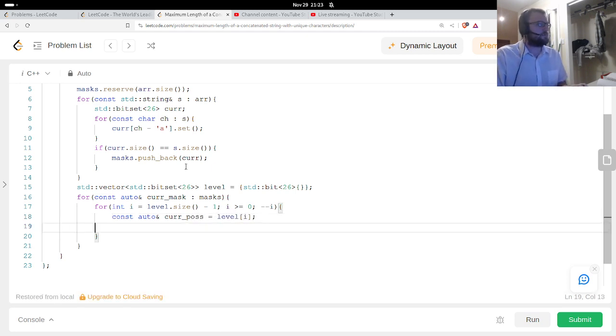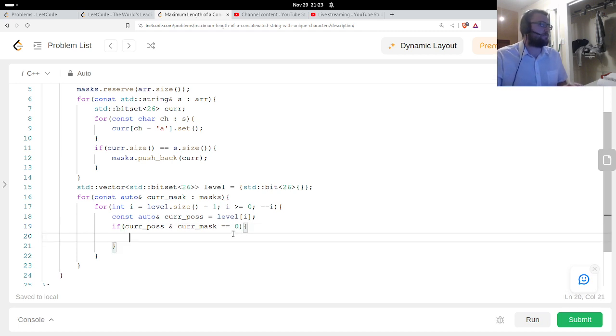And what you're going to do is you're going to say this, the current possibility and the current mask. I don't know what the bit set operations you used were, but if they don't overlap, you know, it's equal to 0 or something like that, then you can do the rest.